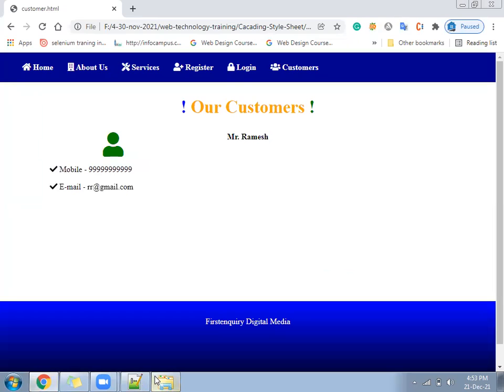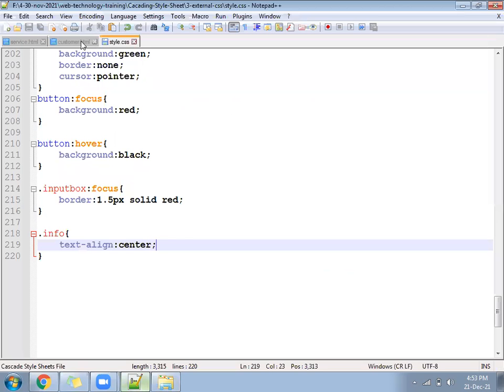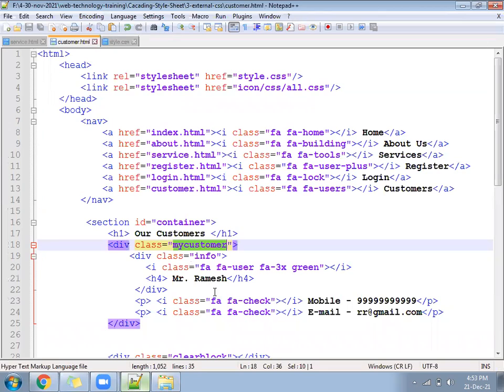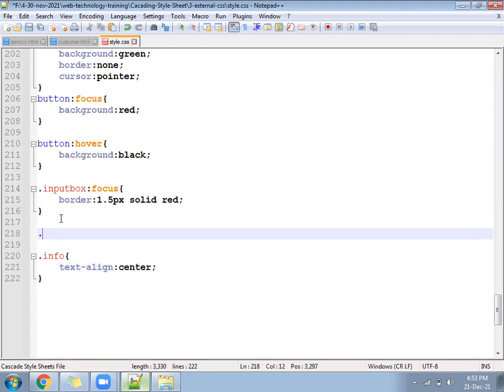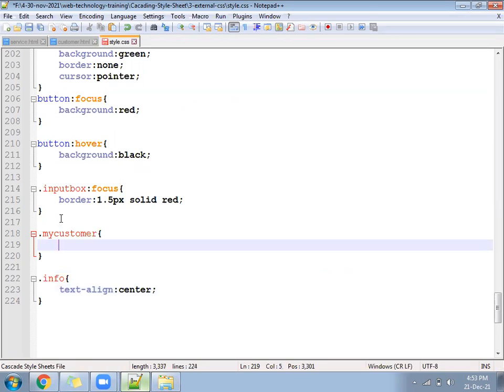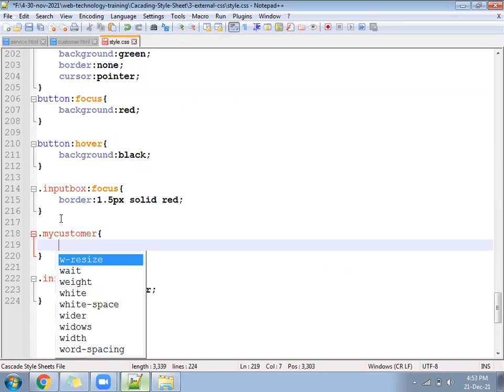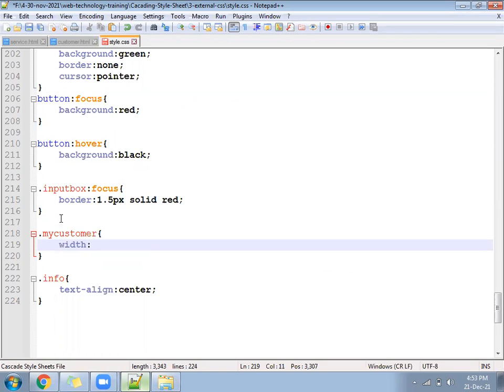But since for this class, my customer, you have not given any width, it is spreading over the full area. So you will write a class dot info and limit the width for this. Suppose we want to bring 5 customers in one line.